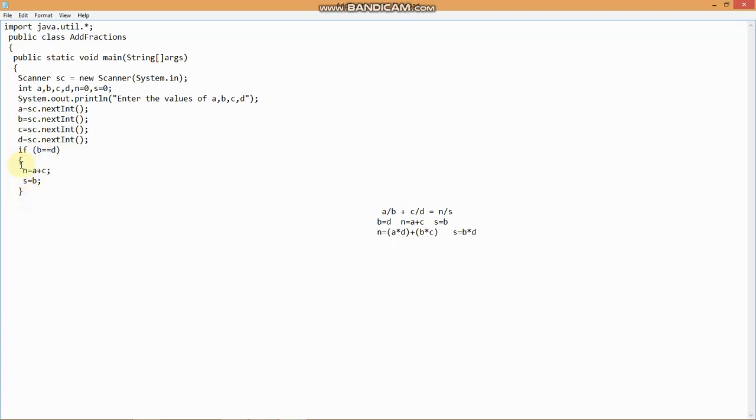So don't forget to keep this in the same line so that you do not miss out on any brackets, which will prevent you from errors. So if b and d are equal, then you have told the computer to do this. But what if it is not equal? So for that, else